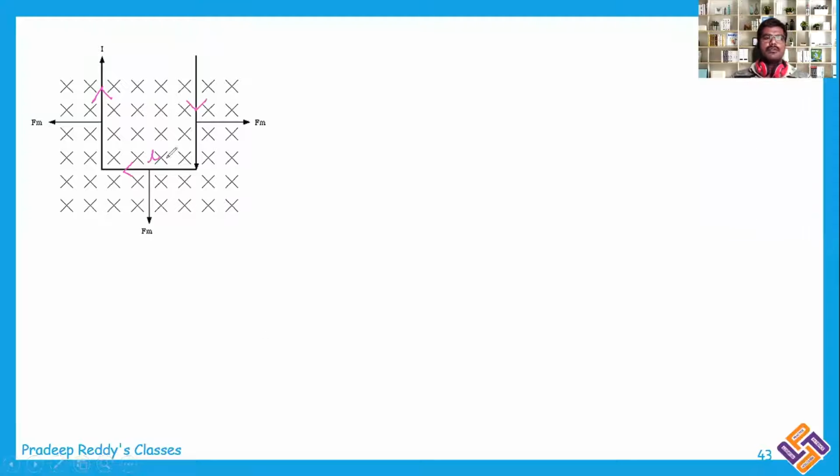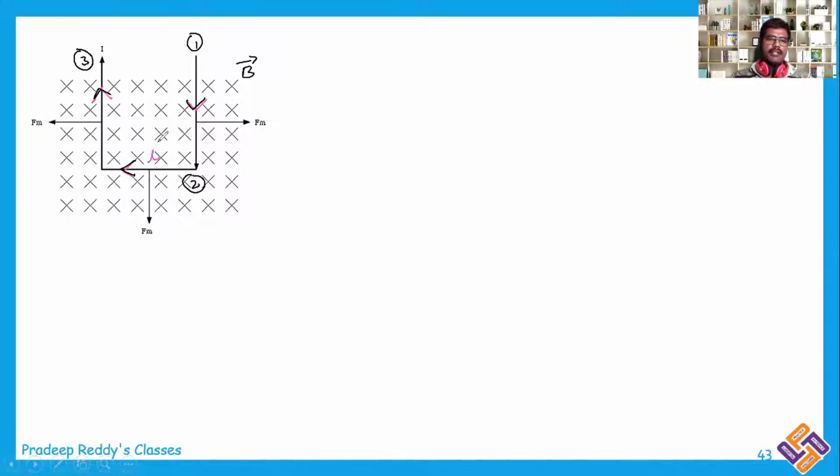Students, we have a conductor which is placed in an external magnetic field. This is magnetic field B bar, and this is the length of the conductor. Let me take this as segment 1, this as segment 2, and this as segment 3. Current in this conductor is going downward in the first, leftward in the second, and upward in the third. So current is starting at this point and going over here.